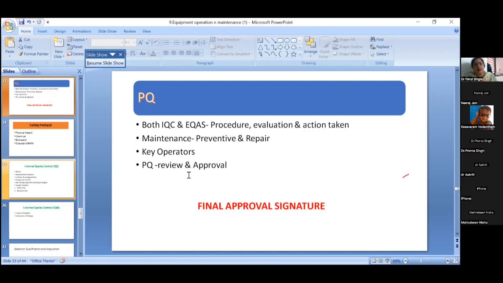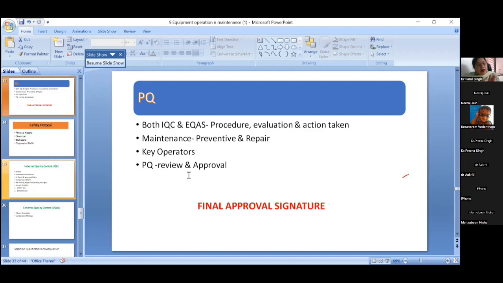Then EQAS. You can run the EQAS that is running on another machine on this new equipment as well. You can analyze the results according to the mean given in that EQAS sheet. So you can evaluate the results of the EQAS, whether all the results are meeting the acceptable criteria or some outlier is there. Then the performance is checked for a little longer time, let's say 10 days or 7 days,